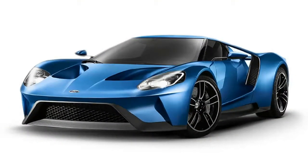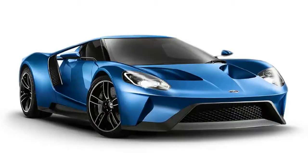Ford GT. Ford's Ferrari-fighting hypercar is a wild-styled track star worthy of its name. A twin-turbo 3.5-liter V6 employs a 7-speed dual-clutch automatic to route its 647 horsepower to the ground. An adjustable suspension, carbon fiber construction, and active aero elements add to the GT's awesome performance. Big tires provide tremendous amounts of grip, and while the suspension is tuned for sport, it's also surprisingly refined. Only 1,000 will be built and each will cost more than